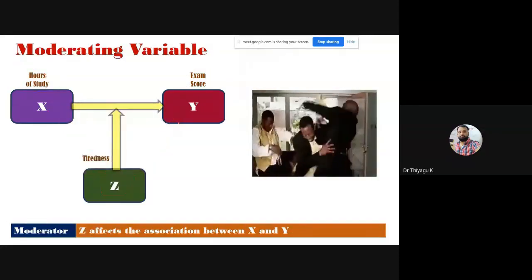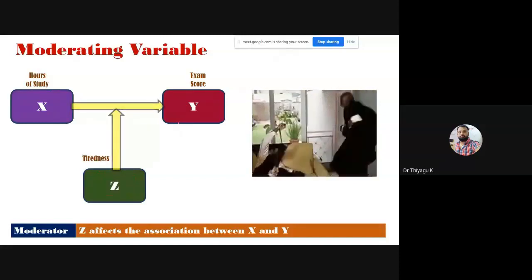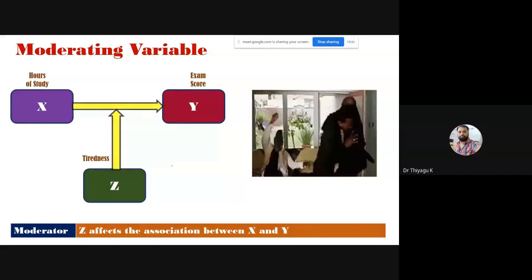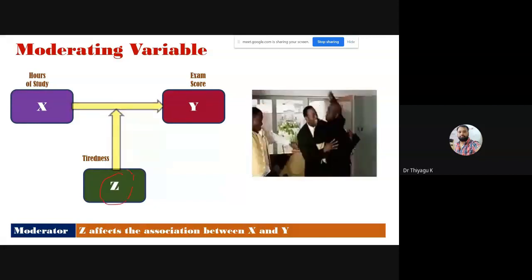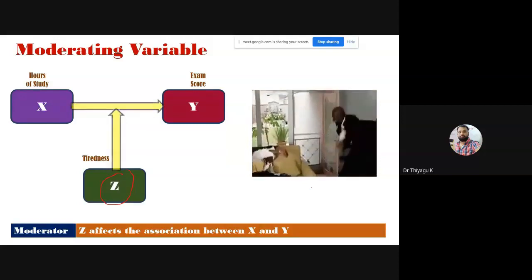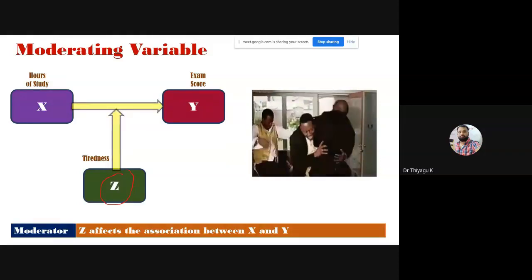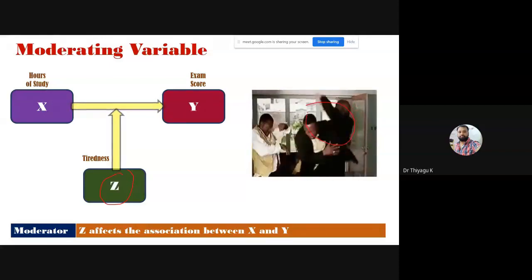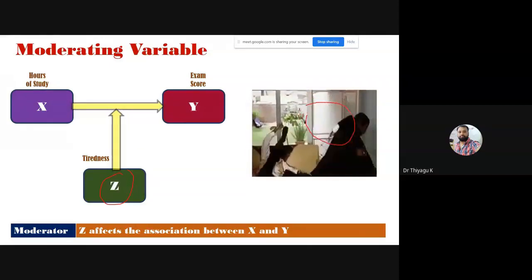The next thing is the moderating variable. What is called a moderating variable? In this case, Z, the third variable, may act as a moderator. See this example. The person in the center is stopping the two persons fighting with each other, so he is acting as a moderator.